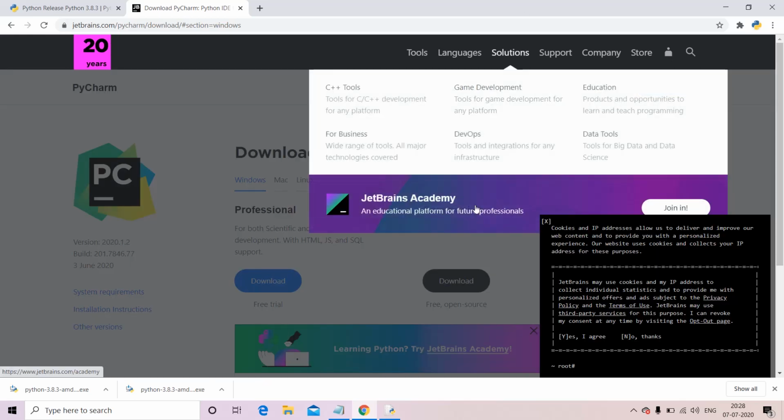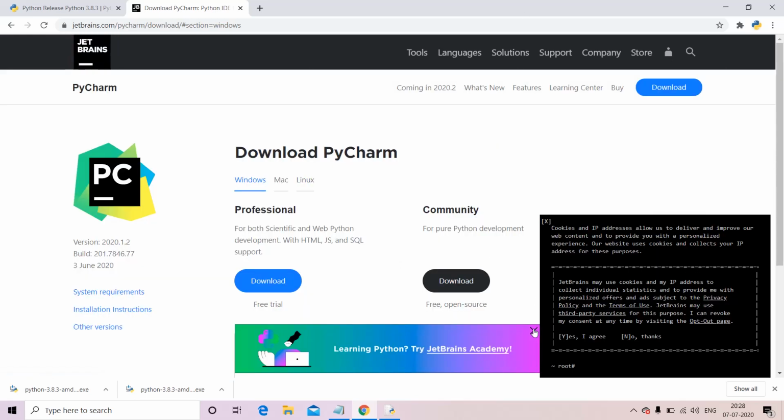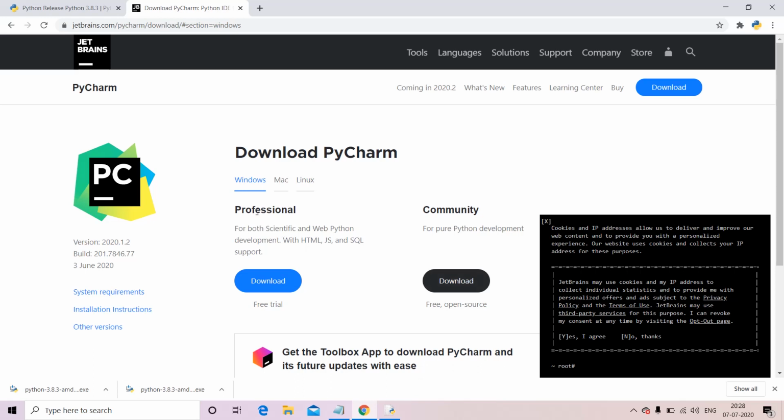And when you come here, you can see two versions, one professional version and another one community version. The professional version helps with scientific and web development in Python, but the community version has some limitations, you can't do web development in Python. The professional version costs a little, so if you want web development and scientific computations, you can go for the professional version.